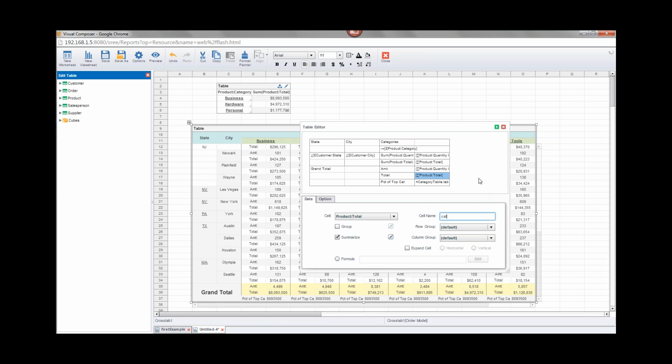So something like cat total. And this time I'll actually copy it so I don't have to remember it. Right, so cat total is how I'm going to refer to that cell. With that change, now I can go back over here and modify the formula. And so the formula is going to be,